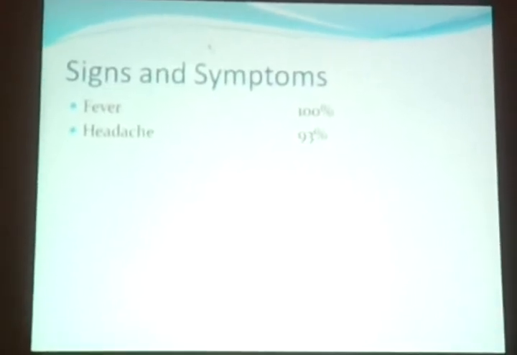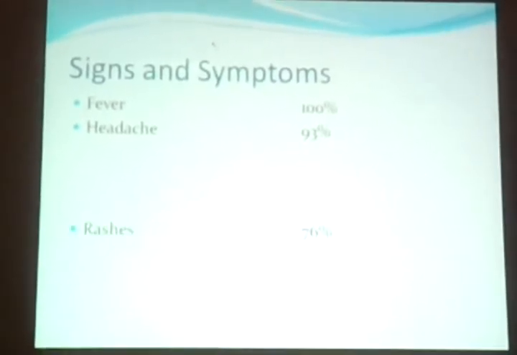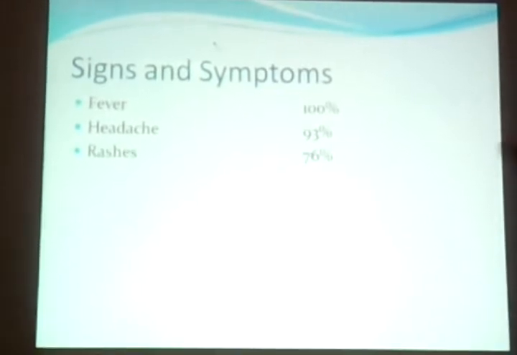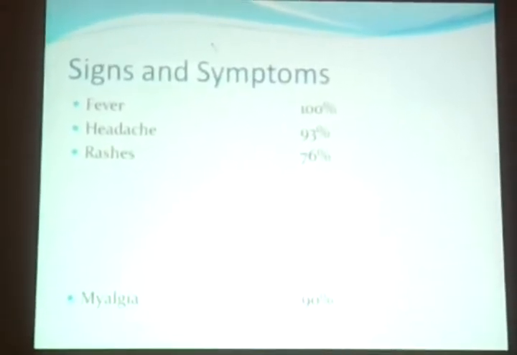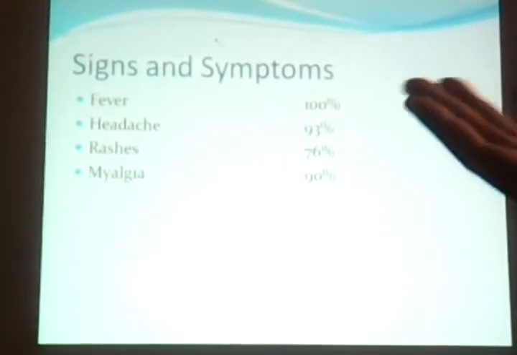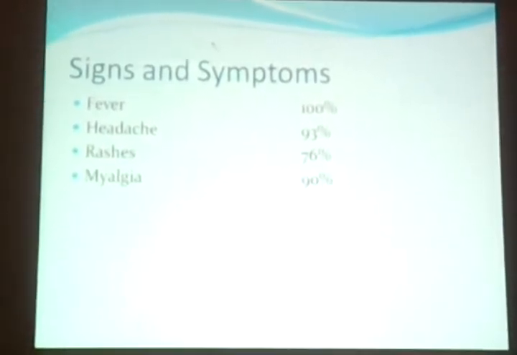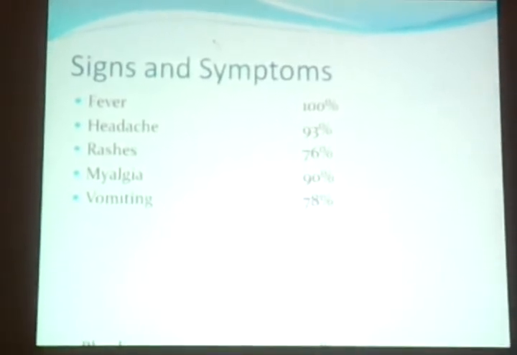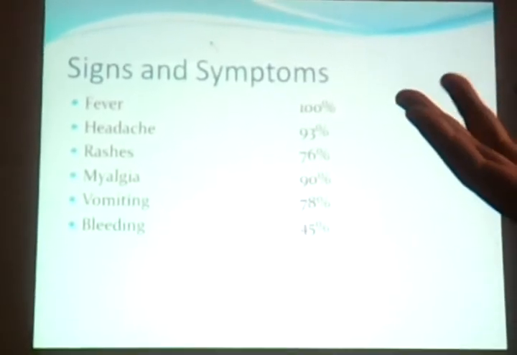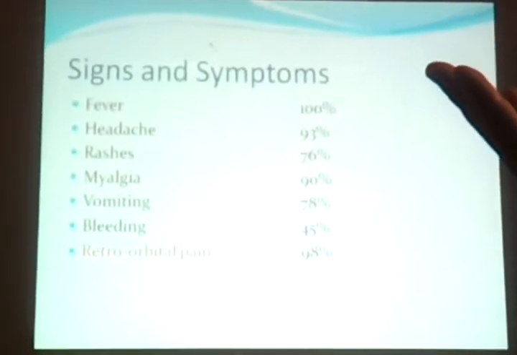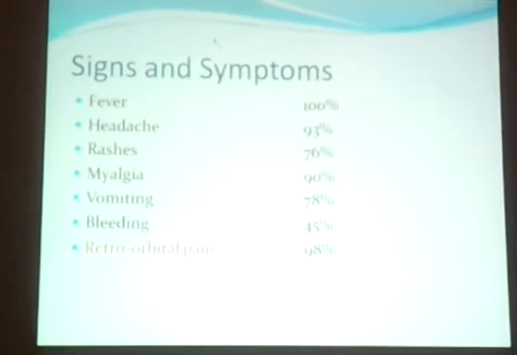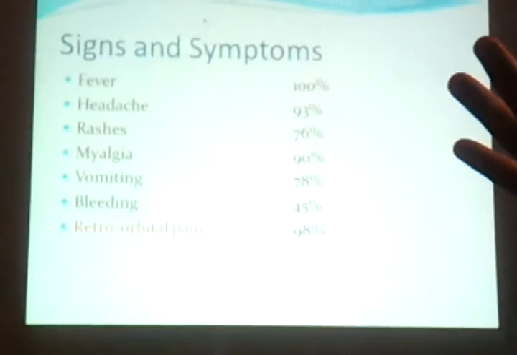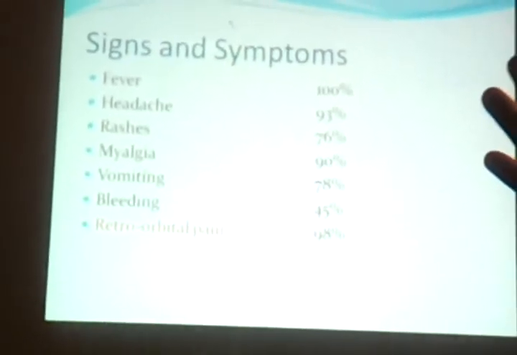93% of patients will develop headache, of course, because of high fever. Rashes, 76% of patients. 90% will develop myalgia or muscle pain. That's why it was called breakbone fever. Vomiting, 78%. Bleeding, 45%. Retroorbital pain, 98%. Wait, let me go back to this one. The retroorbital pain, I highlighted this because